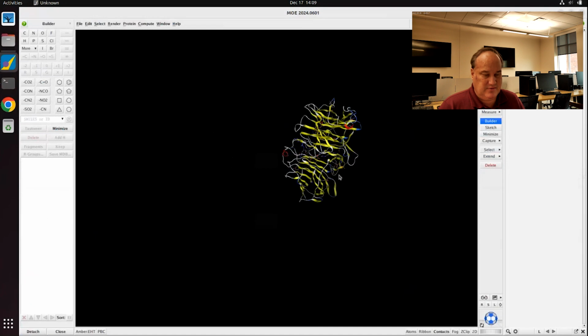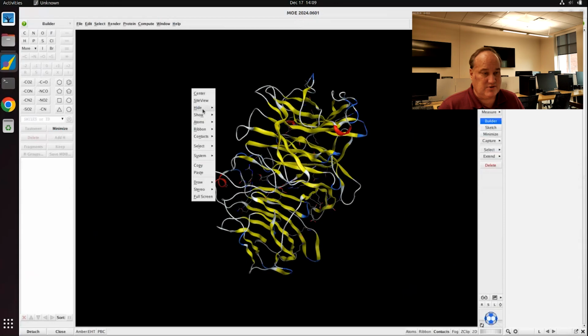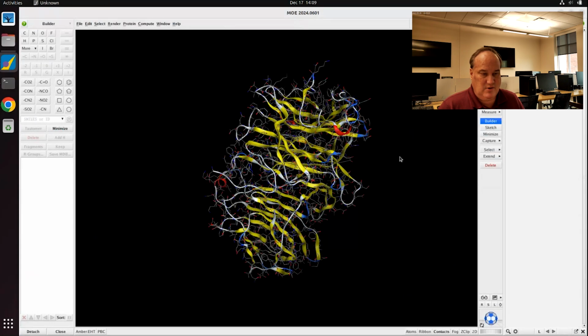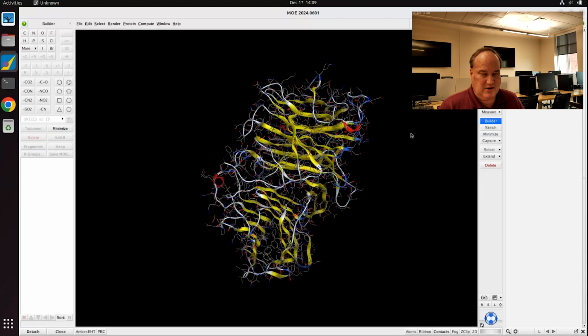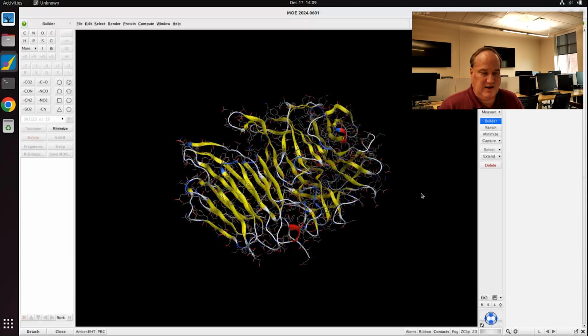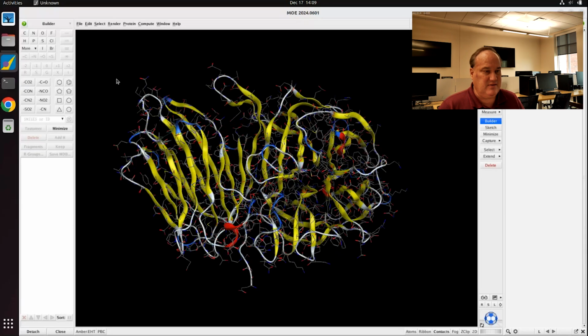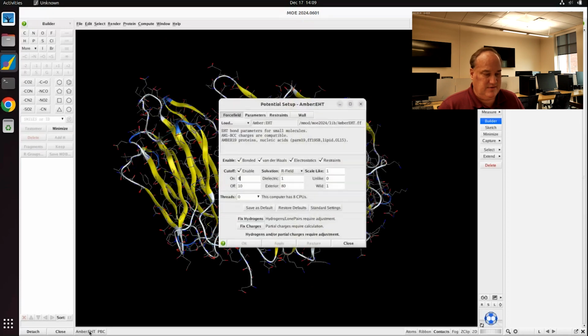Now, the reason there's no hydrogen atoms is because it's a crystal structure. There's actually no hydrogens anywhere in here, right? Because X-ray crystallography does not see hydrogens. But we can add those fairly easily, and all we really have to do is add the force field,